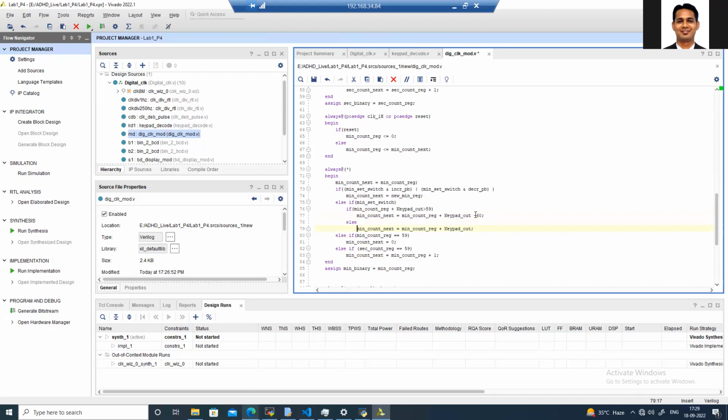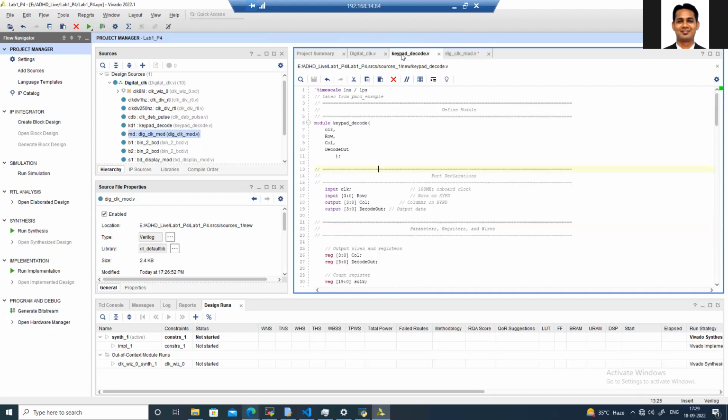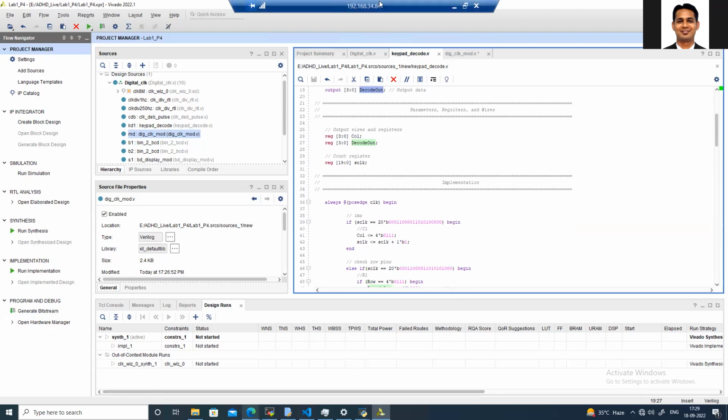This looks fine. Okay, so this is the overflow we have taken care of. Now what is the issue with this is that whenever the minute switch is pressed, the input from the keypad will continuously be added into the current pin value. And if you look at the output of the keypad,